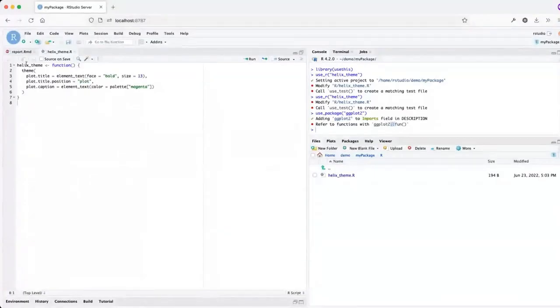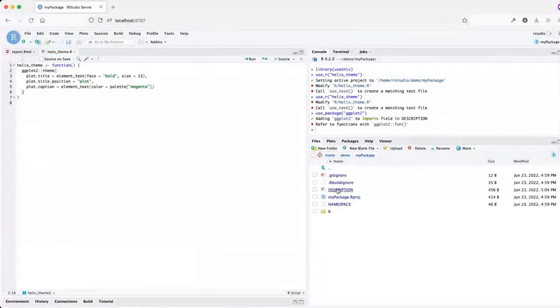So in this case, we need to update theme. Here we called theme, but right now, if we tried to run this, R wouldn't know if this is theme from our package or theme from somewhere else. So we have to say explicitly, this is the theme function from ggplot2. So ggplot2 with 2 colons theme. And now R will not be confused about that.